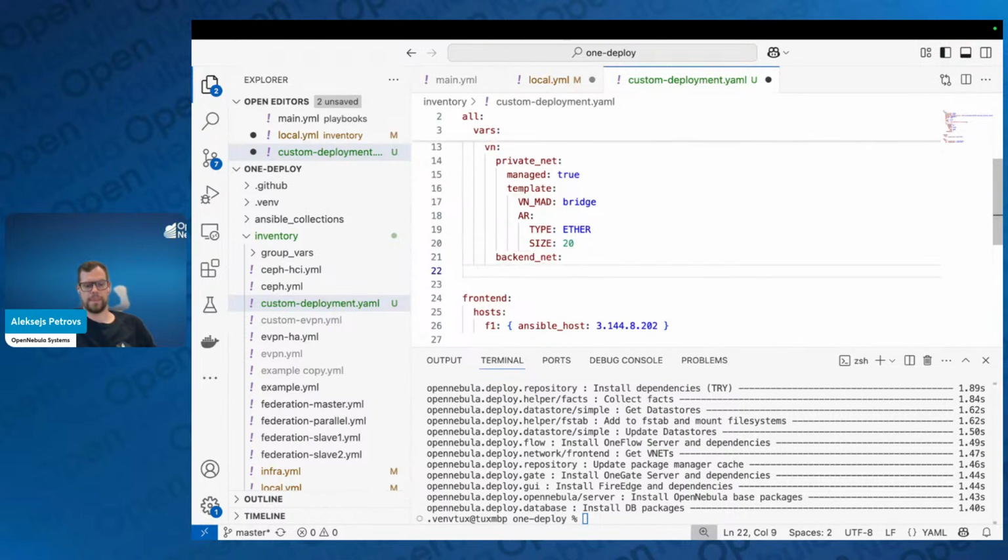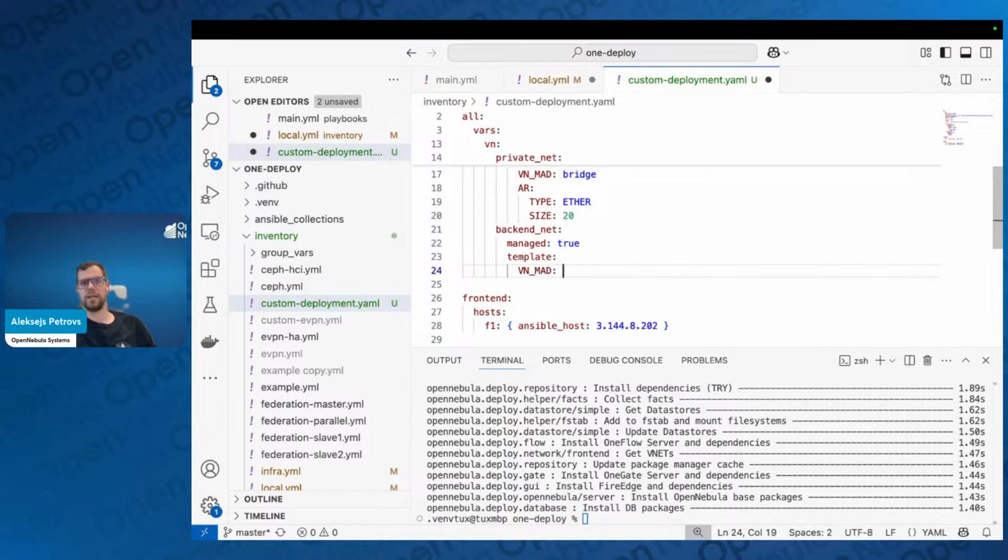So managed true, then template, vnmad. Let's say it would be bridge with firewall. And then the type is IP4, right? Since we go with IP4 type, then we need to set obviously the IP address as well. So that would be